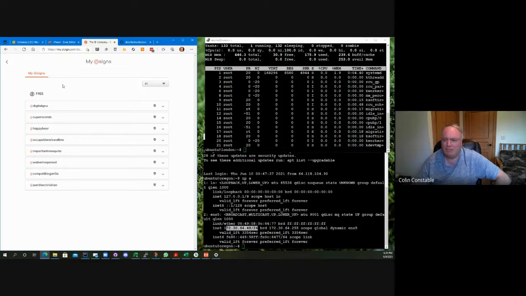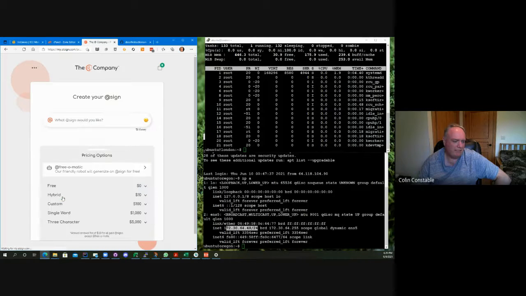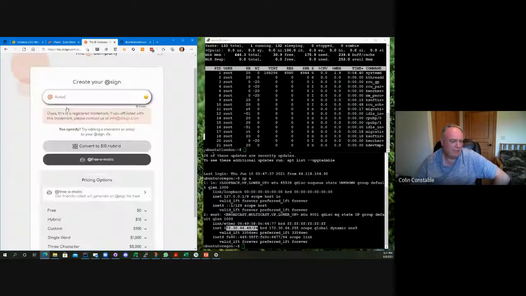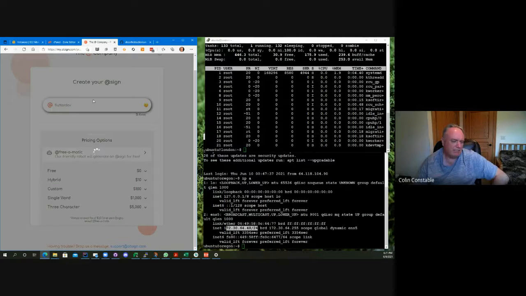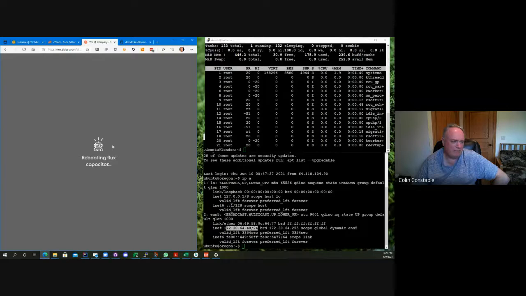I'm going to get you guys to pick which ad sign we want to use at the moment. If you want to get a new ad sign, we can say create an ad sign, and you can buy some. If I wanted to have at Flutter, you can buy one, but that one has to be trademarked. So maybe I can't have that one, but maybe if I have a Flutter dev. You can add to the bag, and you can have at Flutter dev for $100. But I don't want to spend $100. So we go to the free one, and we order up an ad sign.